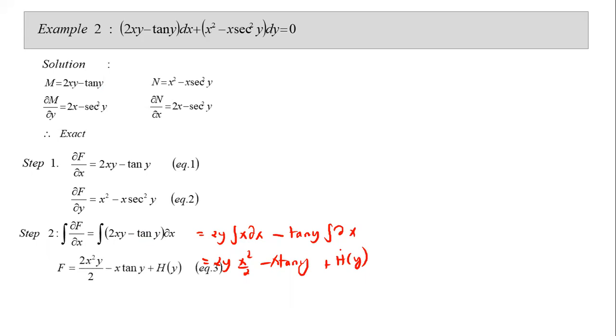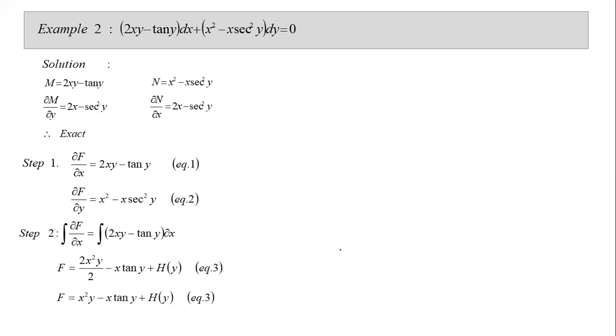So that's x squared y over 2 minus x tangent y plus h of y. Okay, and that is our equation 3. Then step 3, we shall differentiate this f. So we shall now differentiate this with respect to y. Partial derivative of f with respect to y. So we shall have df dy